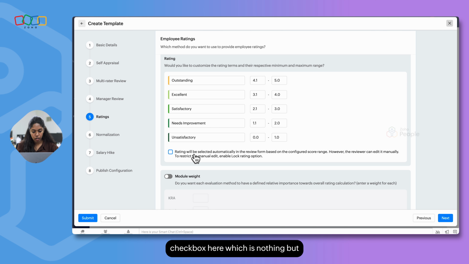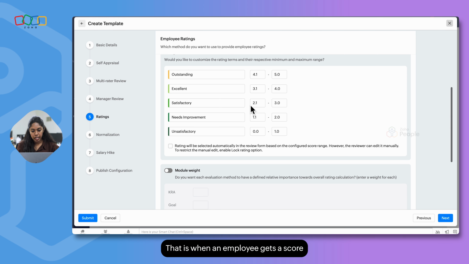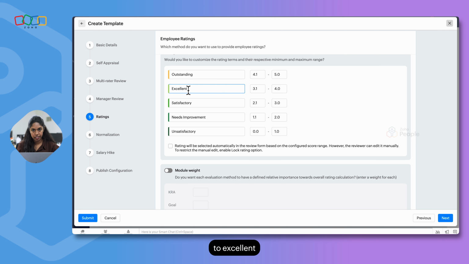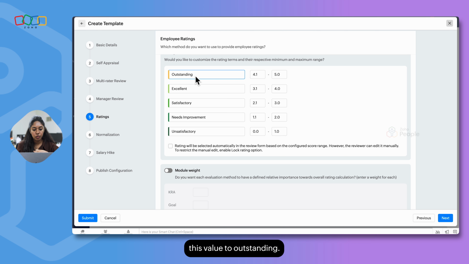There is one checkbox here, which is the option called rating will get auto-populated by the system. That is, when an employee gets a score between 3.1 and 4, the system will auto-populate the rating to excellent. However, the employee or the manager will have an option to overwrite it. That is, they can override this value to outstanding.